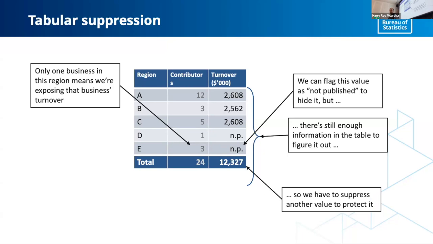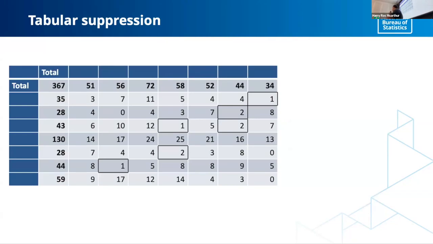If that was all that we worried about, then I probably would not be talking here today. ABS tables are a bit bigger than this, so we'll scale up to see where the complexity starts creeping in. Suppose there's some table, maybe it's counts, whatever it is, these are all made up numbers anyway. Suppose that all of those boxes I've marked with 1s and 2s are things that we say we can't release for whatever reason. Maybe they are counts of 1 and 2, and we consider that to be unsafe. So once again, not publishing those is fine. But now we've got 2 directions that you can do maths in, which is twice as many as before.